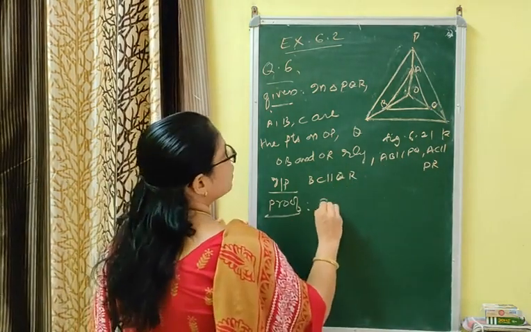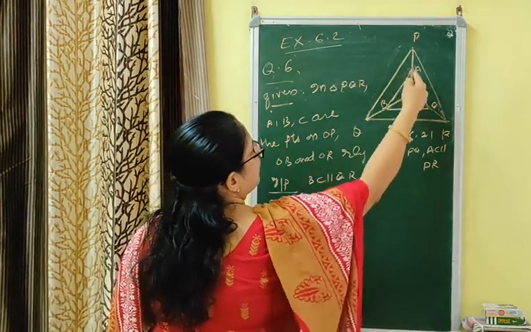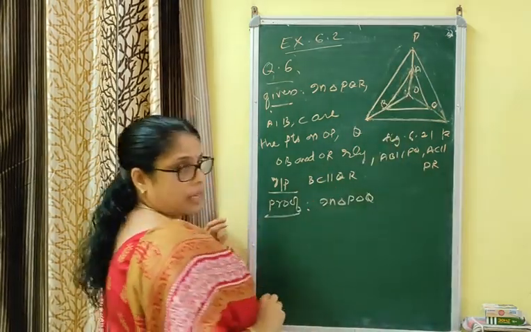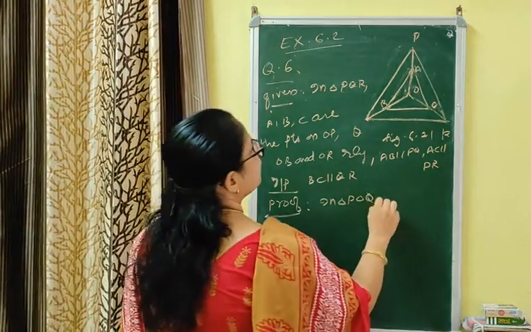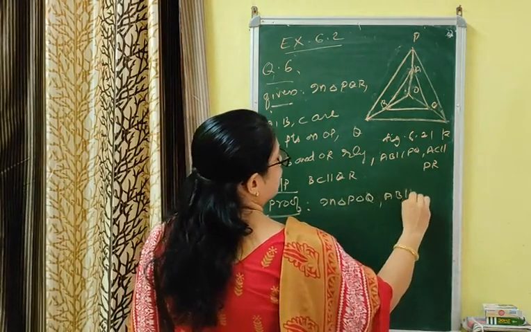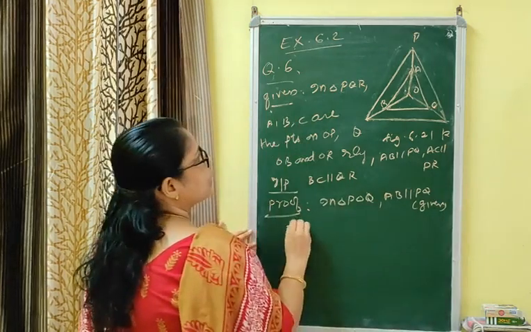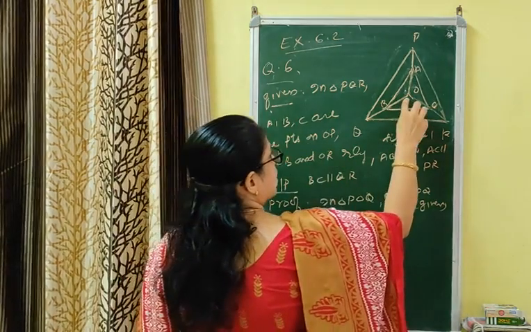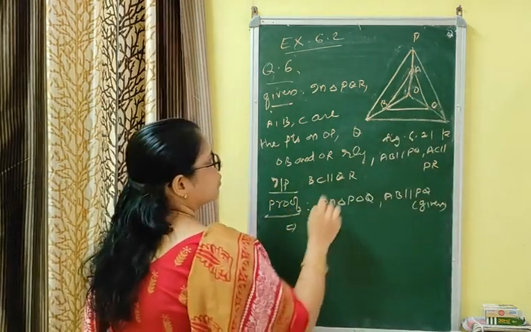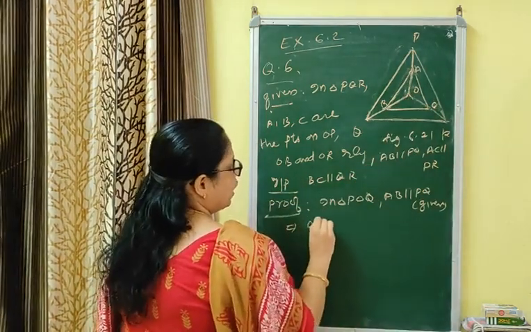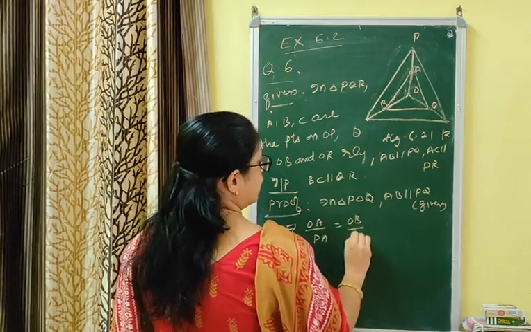Now, in triangle POQ देखिए, this is one. AB is parallel to PQ, given. Whenever one side is parallel to another one, you can easily apply BPT. That implies, आप जिस साइड से लेंगे उस वर्टेक्स से ही स्टार्ट करना है. I am starting from O. OA by AP is equal to OB by BQ.